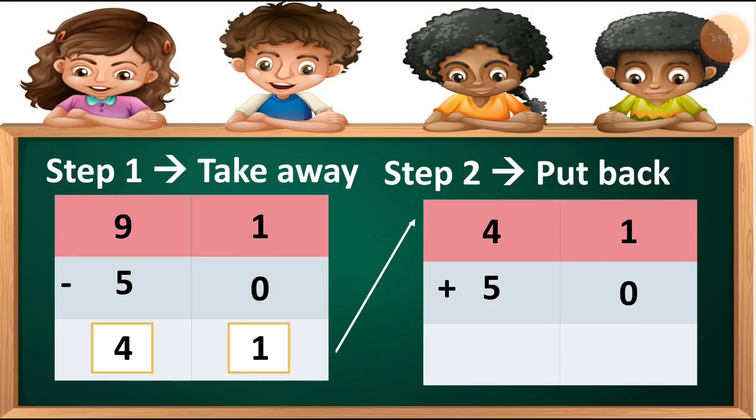Now students, let's add this number with the ones column. 1 plus 0 is equal to 1. You can see this. Now let's move to the tens column, which is 4 plus 5 is equal to 9. Now you can check this. We get the same answer here, 91, and here is also 91. If we add 50 to the answer of the subtraction, we get the same answer as this. So our subtraction is right. We can check through the addition.